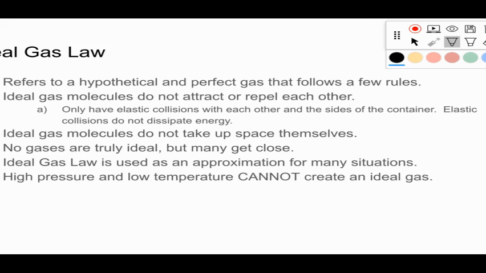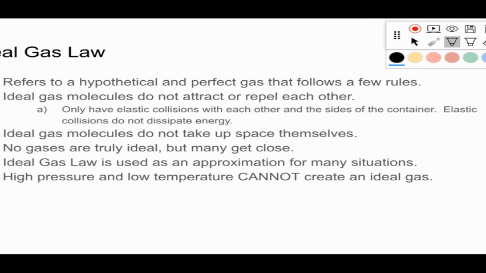So if I take a rubber ball and drop it, it is not going to bounce as high as it did initially for two reasons. Number one, it has to go against gravity as it bounces back up. And number two, it dissipated some of its energy to the ground. It's not considered elastic. Trampolines have pretty close to elastic collisions. That's the reason you can keep jumping either at the same height or even a little bit higher each time. Real gas molecules don't have perfect elastic collisions because they dissipate some of their energy, especially when they bump into walls and containers.